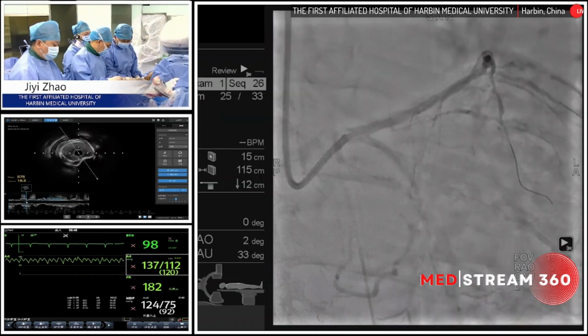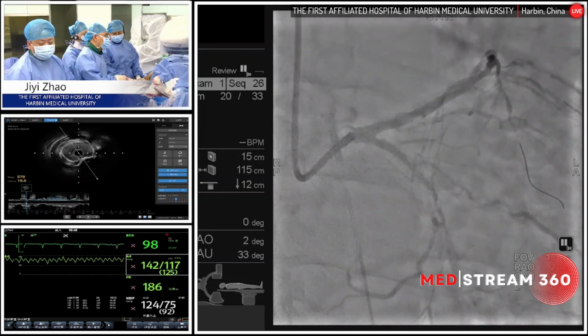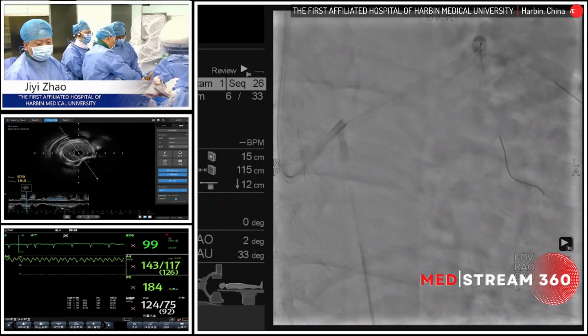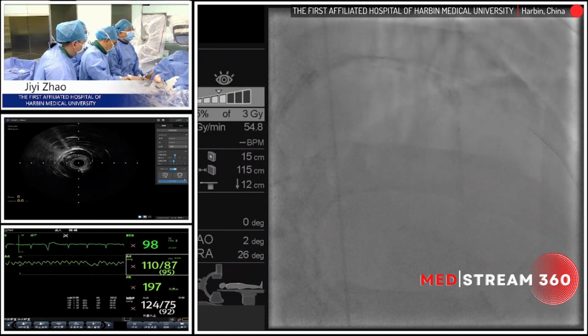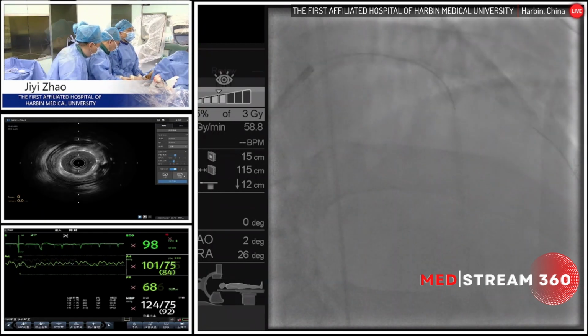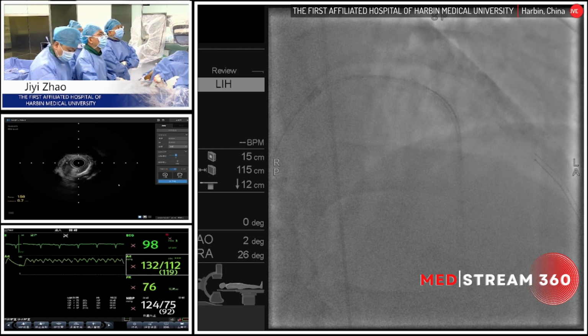The first one is 3.0, and at the second IVUS run we checked the total length is around 60, and the second stent might be something like 3.5. One thing very important is to maintain the blood flow in the two very large, very important bifurcations. Okay, well, pulling back, once again, we can see the main distal part of LAD, there is some long diffuse